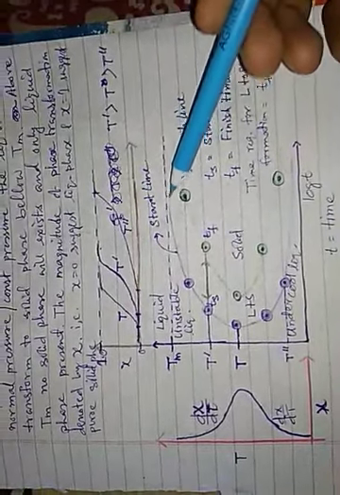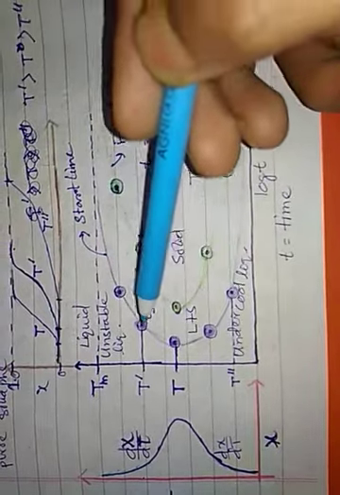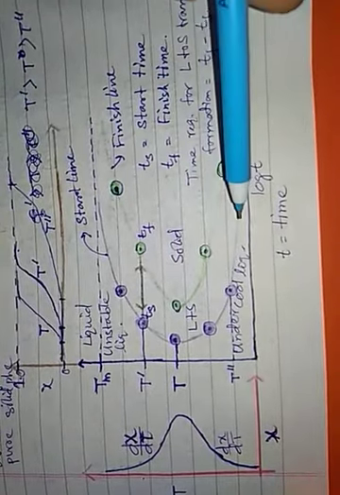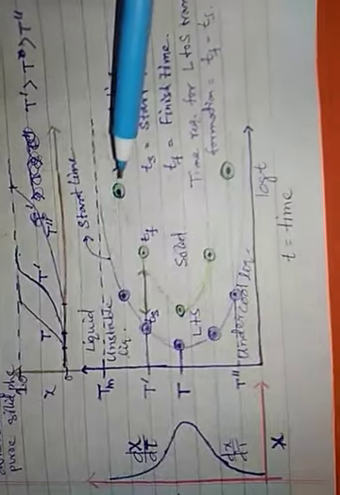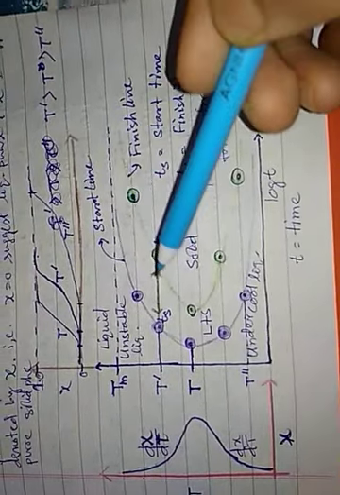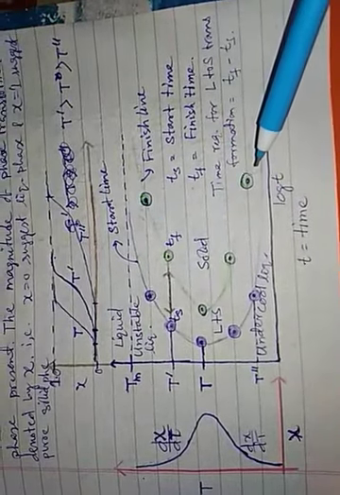Now we are going to join all the start points for different temperatures, then we can have a C type line. For the start points, I am denoting this line as a violet line, and I will have a start line. Okay, and this will be a C type curve. Again, I can draw a line using all the finish points. So this curve also becomes a C type curve.